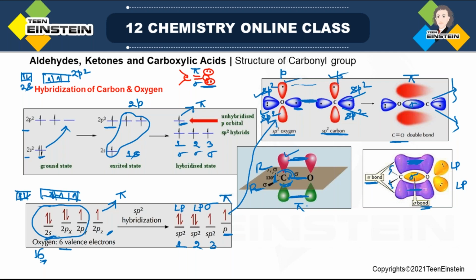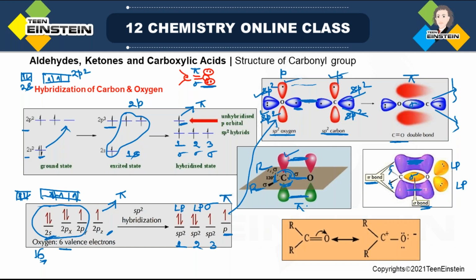Now the pi bond, sometimes you will see this type of resonance, where in the first picture the sigma and pi bond you can easily identify separately, but the pi bond you can also break it. When you are breaking the pi bond, you have to place positive charge over carbon and negative charge over oxygen. And if you are breaking the bond partially, suppose you are breaking the bond like this,